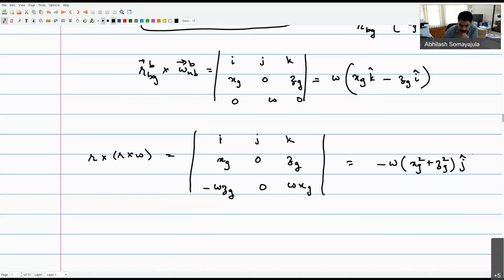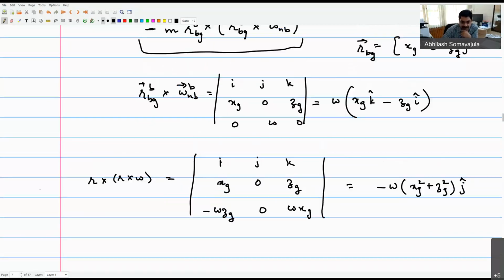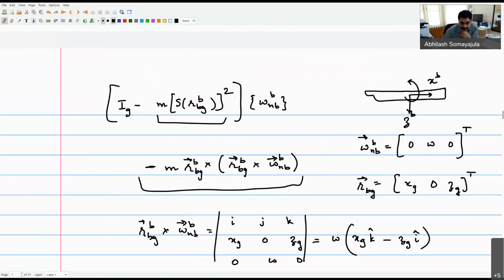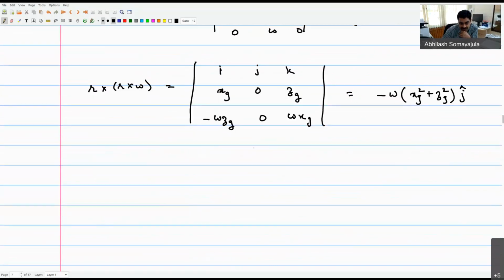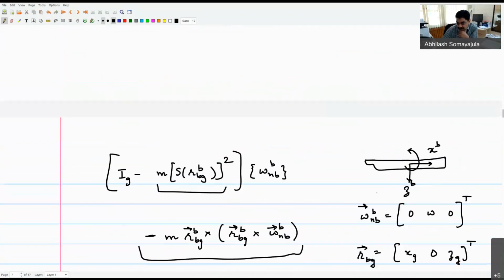Okay. Right? Now, I'm taking a minus of this entire thing, right? Minus m times this whole thing. So that entire product will now become m omega square xg square plus zg square,